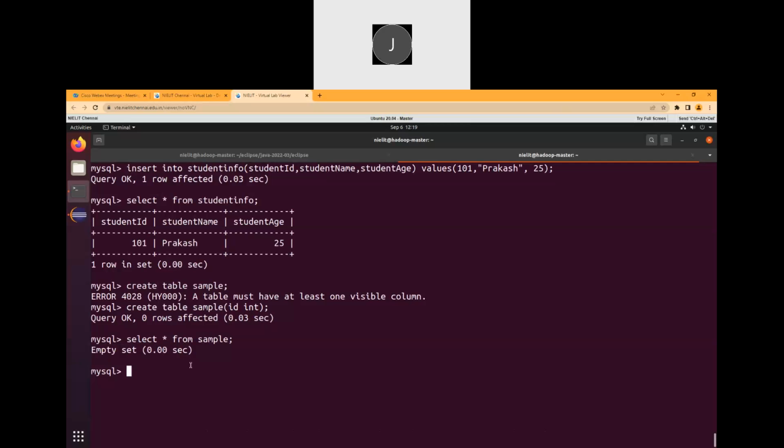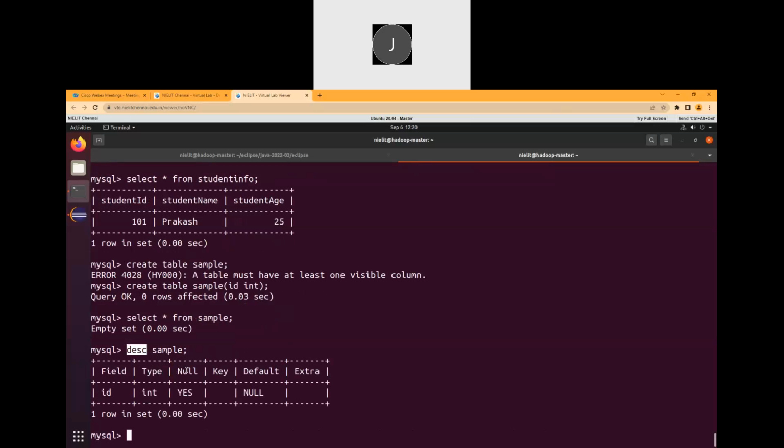See, I create a table, create table demo, or sample table. In that I will give ID int. See, I have created a sample table with one ID. It was throwing an error because it is asking me to create at least one field, one attribute. So I have created it. Then it is saying zero rows affected. If you list and see the table, select star from sample,